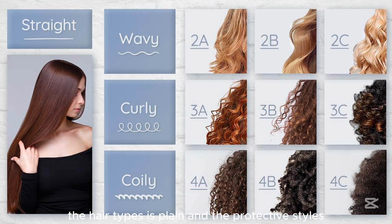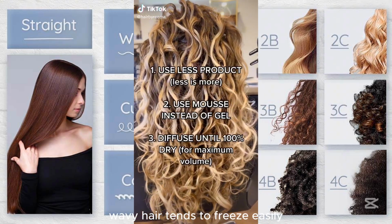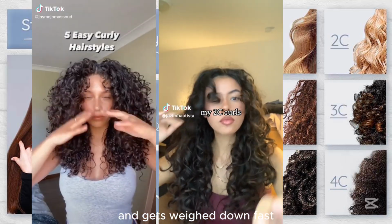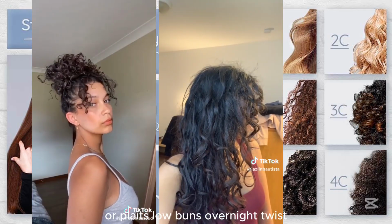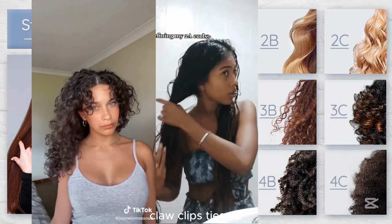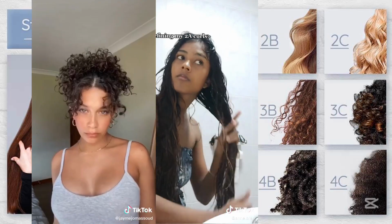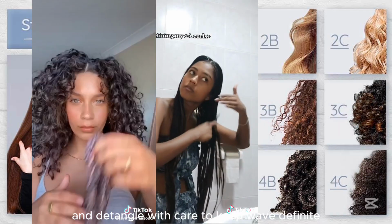Here are the hair types explained, and the protective styles that suit them. Type 2, which is the wavy hair. Wavy hair tends to frizz easily and gets weighed down fast. The best styles for such hair are loose braids or plaits, low buns, overnight twists, claw clip styles. Tip: use water-based leave-ins and light oils, nothing too heavy, and detangle with care to keep